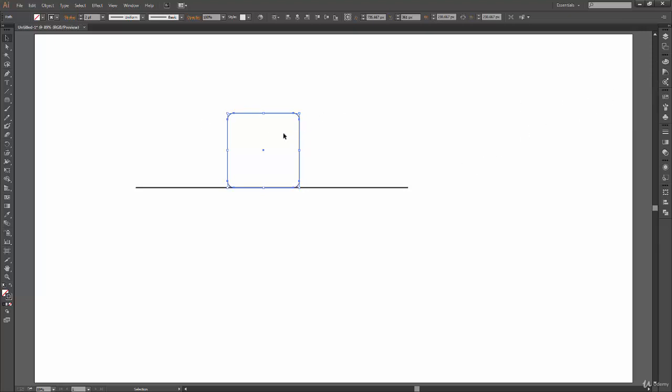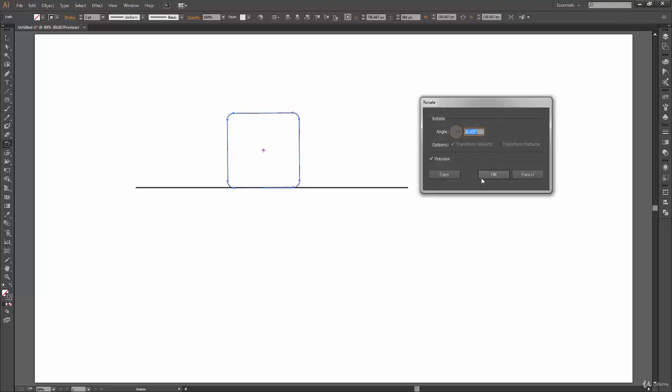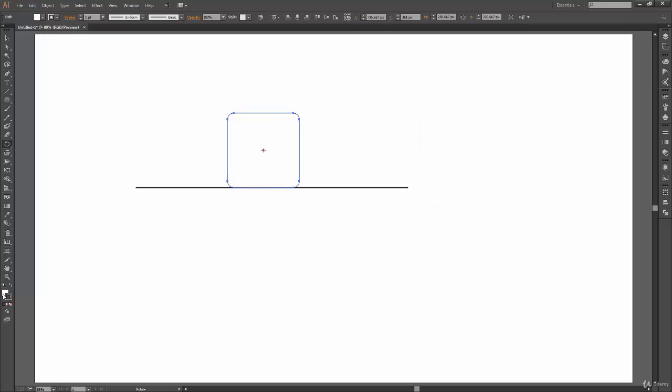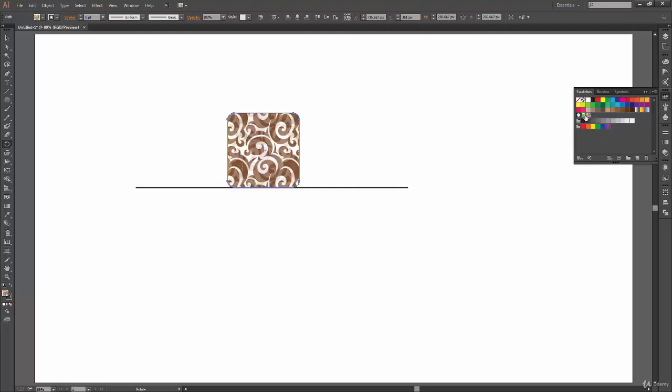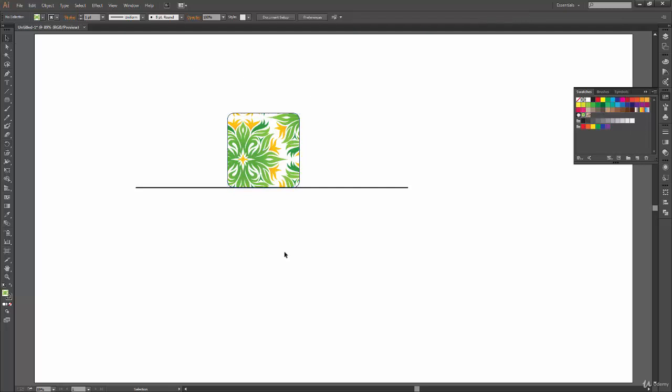Okay, so now let's see how those disabled two options will work. First of all, let's click on this, and what this option says is transform objects and transform patterns. For that, we have to fill a pattern in our shape. Right now it's just a single color, that is white color. So instead of this white, we have to fill some pattern. To do that, go to our swatches from over here, and there you have these two patterns by default. You can click any of them to have a pattern fill inside your shape. Okay, so that looks good.